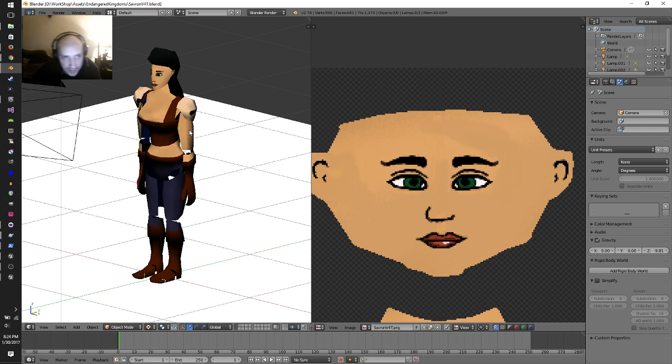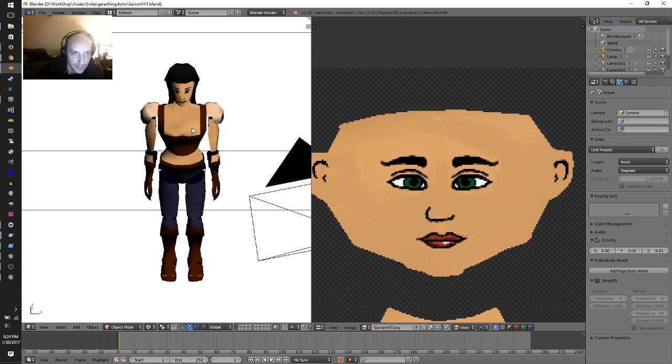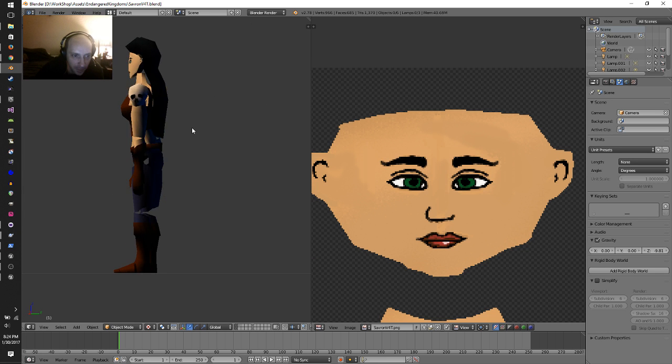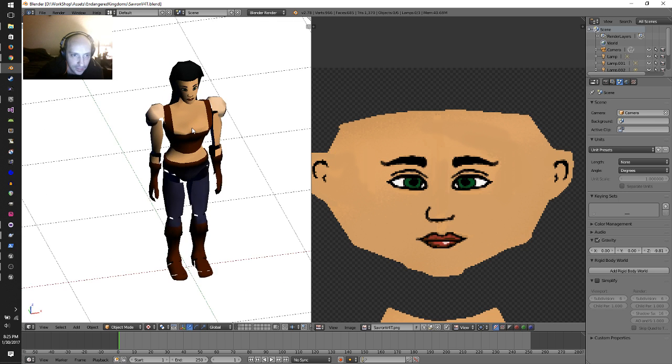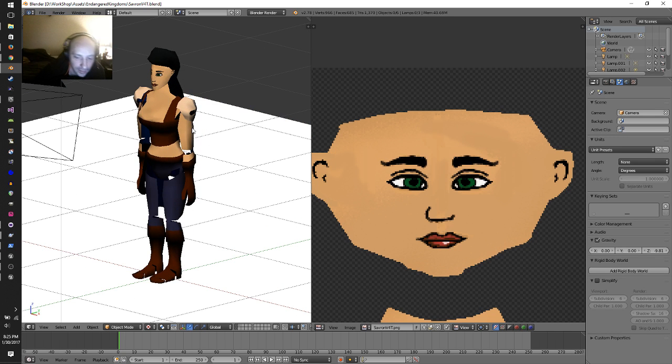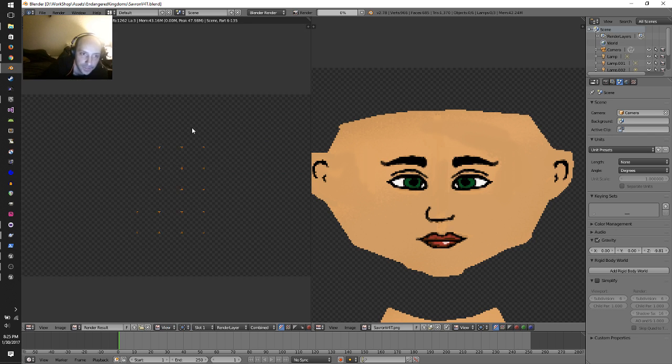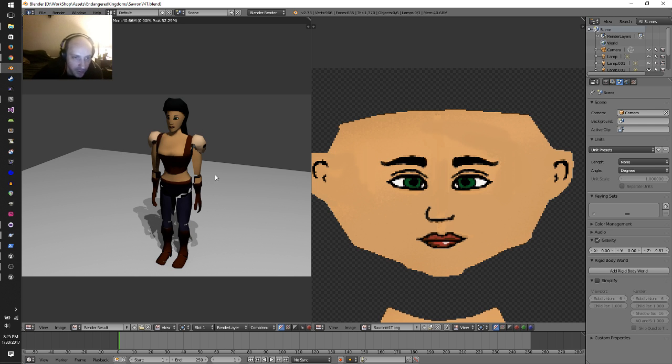Alright, so here's the thing I made. It's supposed to be like a paper puppet type thing. This is the Blender game engine, what it would look like with the Blender game engine. This is a render, which is probably closer to what it will look like inside Unreal. Where's it at? It's on the screen.